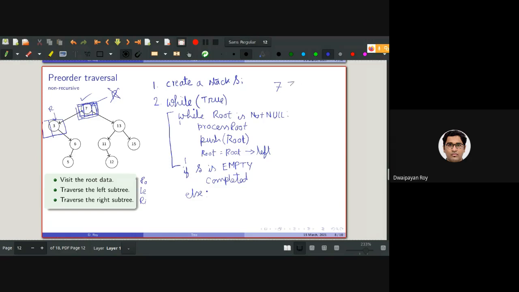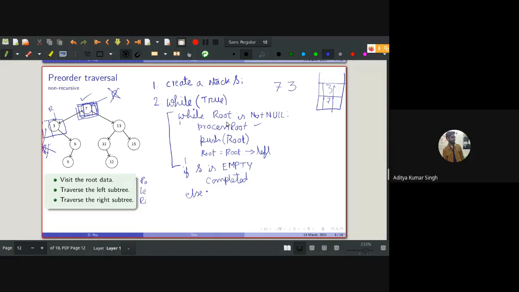Then 3 will be processed, right? Then 3 will be again pushed. So basically the stack will look like, first it is containing 7, and then it is containing 3, right? And then the root will be set to the left pointer, so root will be set to here, which is null.